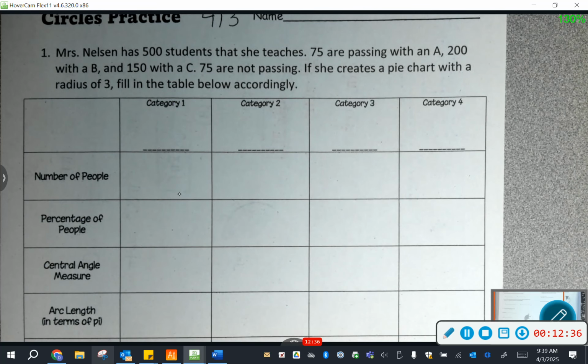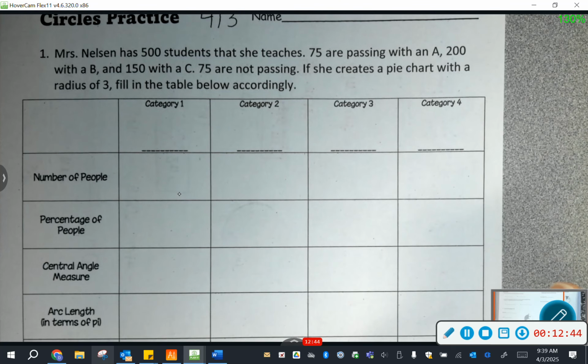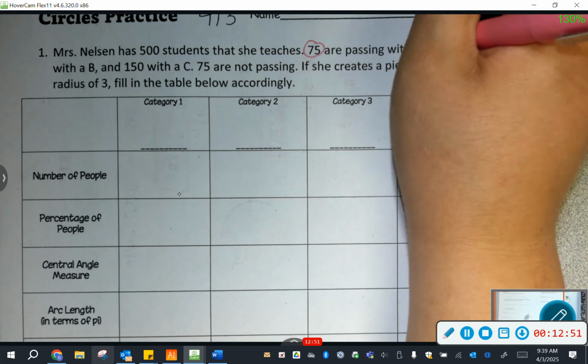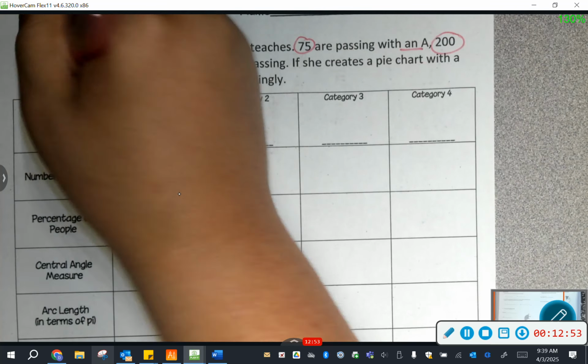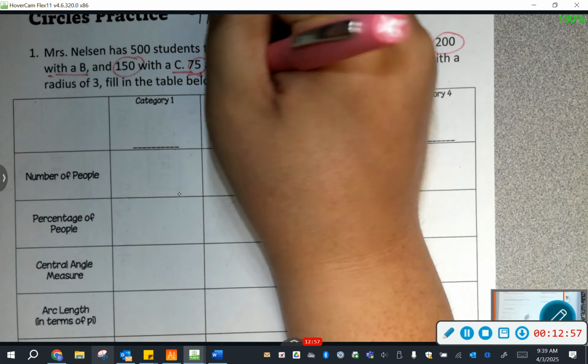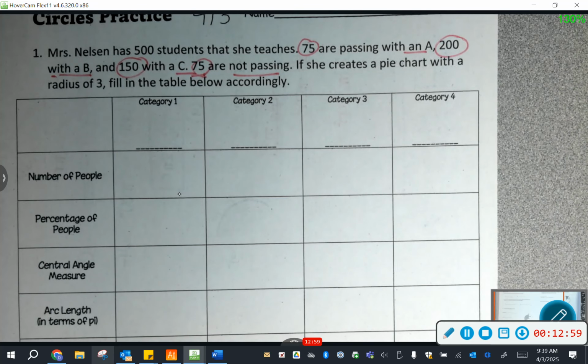All right, so the problem, anybody want to read the problem for me? There we go, loud and proud, read it. You got it, Leslie. Miss Nelson has 500 students that she teaches. 75 are passing with an A, 200 with a B, and 150 with a C. 75 are not passing. If she creates a pie chart with the radius of 3,